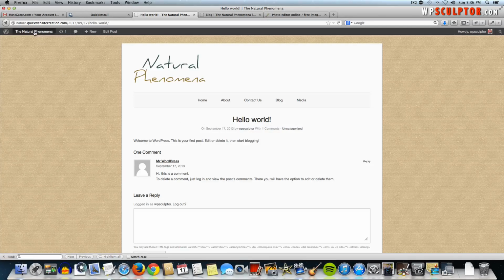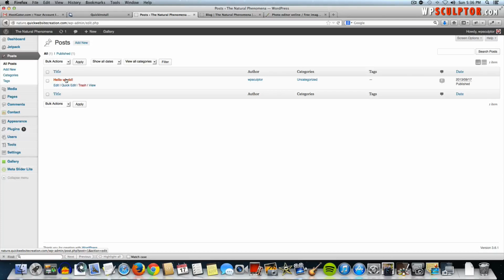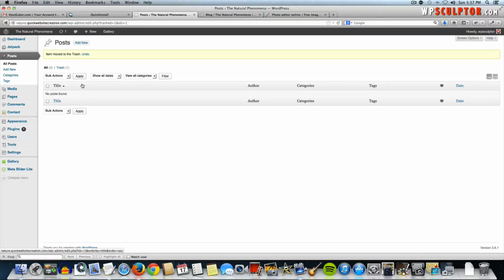And we'll go back to the back end of our WordPress site. And instead of going to pages, now we're going to go to posts, and then we're going to click on all posts, and that's only going to show the only post we have, which is the sample post. We're going to hover over that and click on trash, just like we did to delete our sample page. Alright, and now we're going to add our new blog post by going to posts, add new,